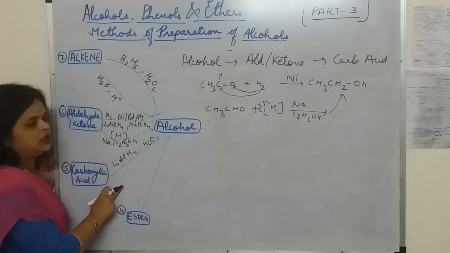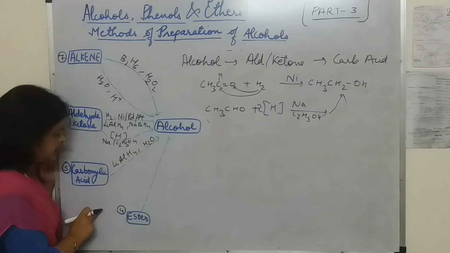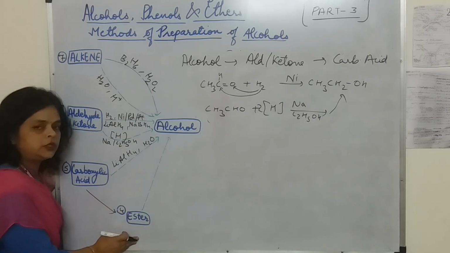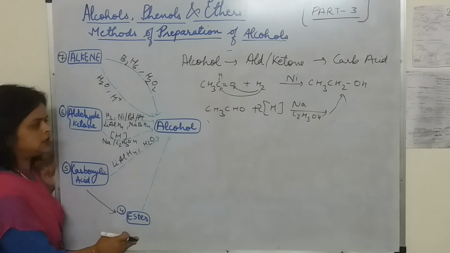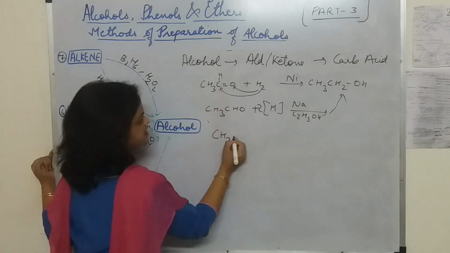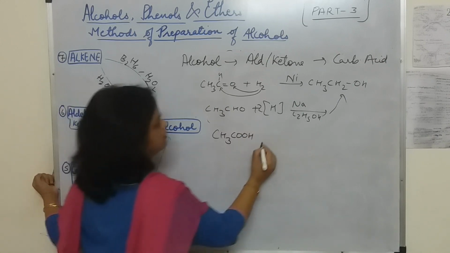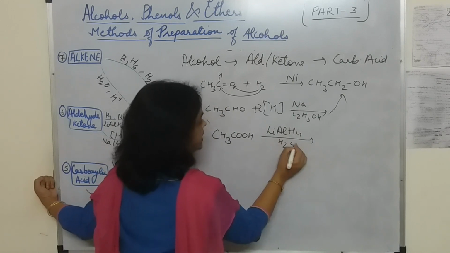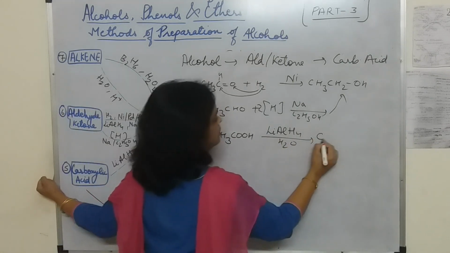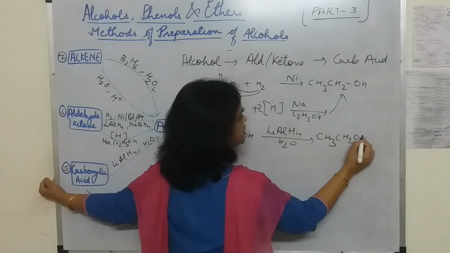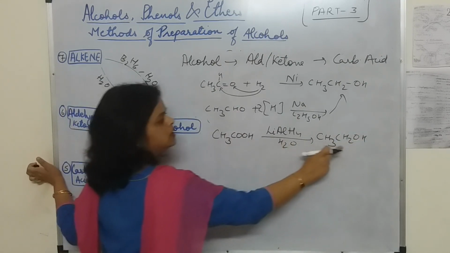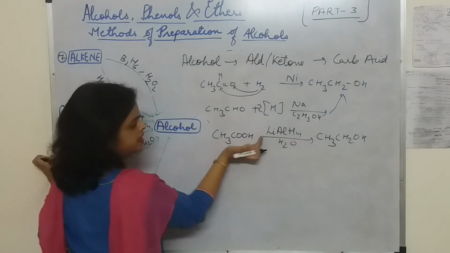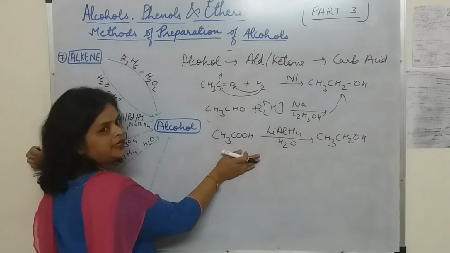So on the commercial level, if alcohol has to be produced from carboxylic acid, first it is converted into ester. How can carboxylic acid be converted into ester? By means of esterification reaction. Suppose I am having this type of ester. Now if I am using lithium aluminium hydride, it can be directly converted into alcohol, CH3CH2OH. The alcohol has the same number of carbons as the acid. The number of carbon atoms will remain the same. Simply carboxylic acid will convert into alcohol. But this is quite expensive.